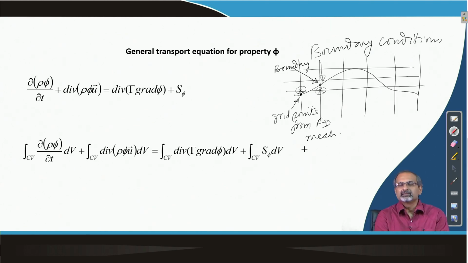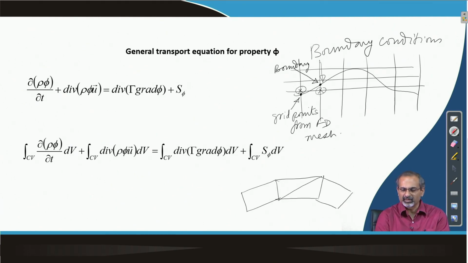However, it is quite easy to do it in finite volume technique, because of the flux conservation approach which is inherent to finite volume method. So, if you have control volumes which are very arbitrarily oriented to each other and which are also quite arbitrary in shape, it creates no problems in ensuring flux balance. If you look at a cell like this,